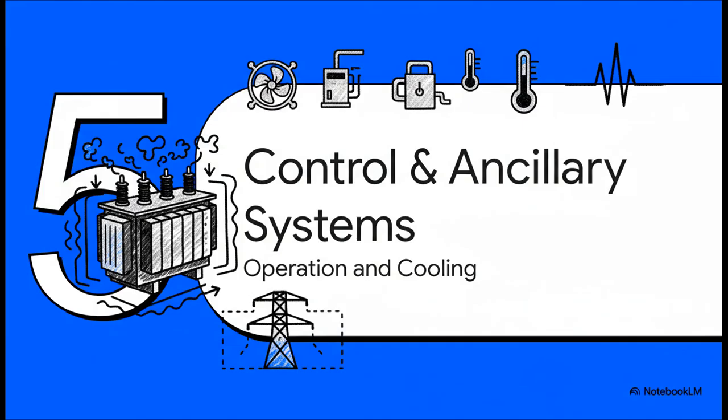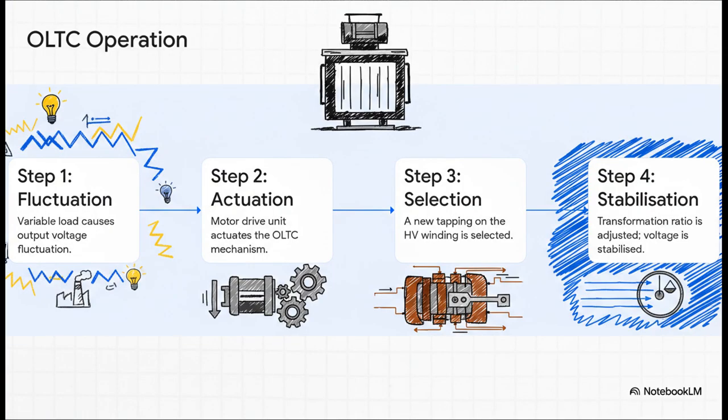Finally, a transformer doesn't just operate in a vacuum. So let's look at the critical ancillary systems that allow it to function reliably under the constantly variable load conditions you find on a real-world power grid. The on-load tap changer, or OLTC, is actually one of the few moving parts in a transformer. It's an incredibly complex switch that allows the utility to slightly adjust the transformer's turns ratio by selecting different taps on the high-voltage winding. And the crucial thing is, it does all of this while the transformer is energized and under full load. This is absolutely vital for maintaining a stable output voltage as consumer demand goes up and down